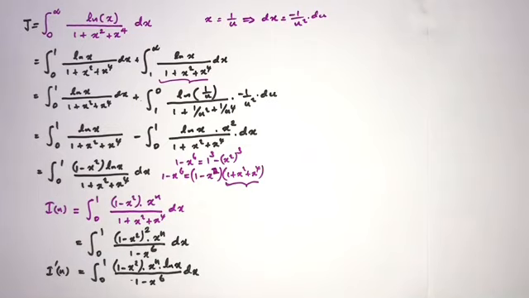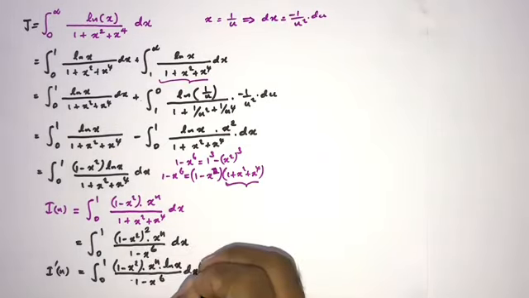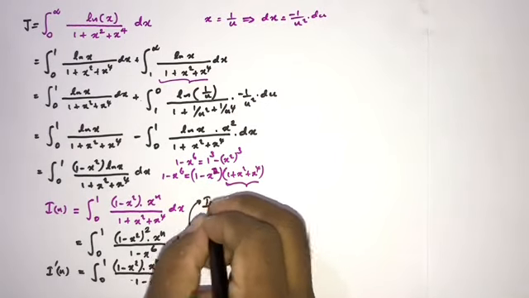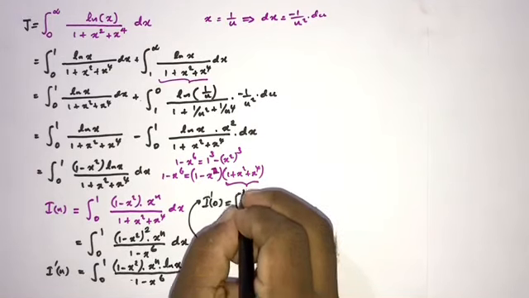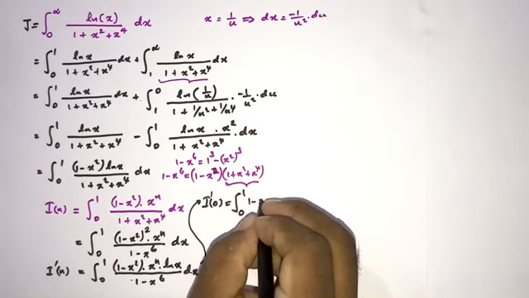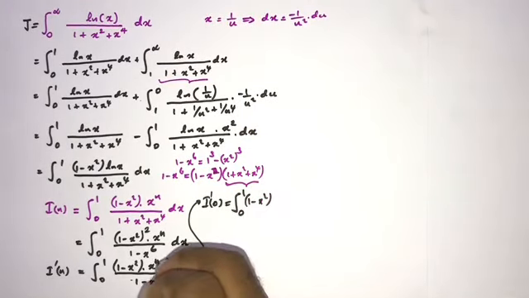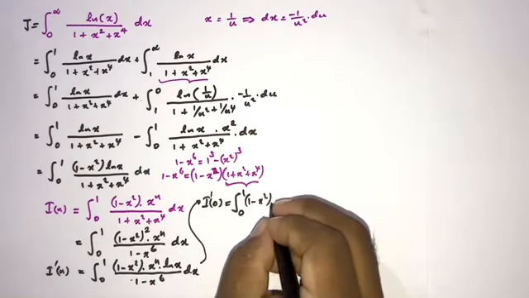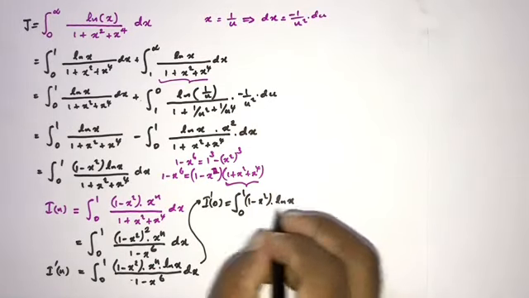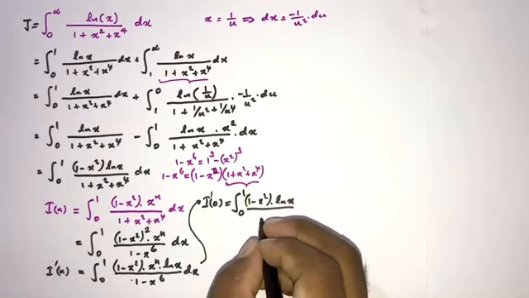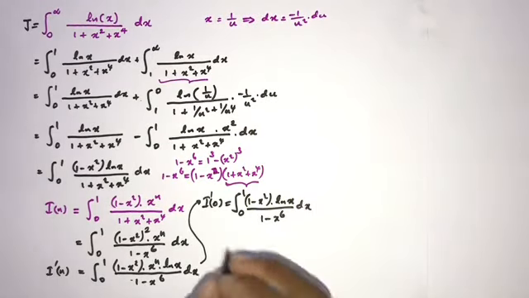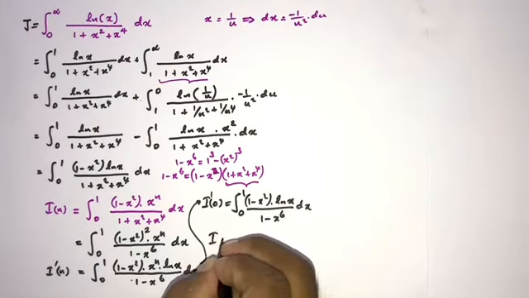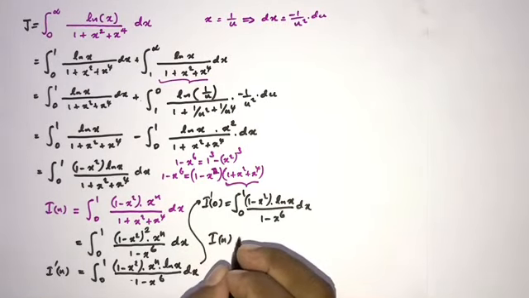Okay, then if we plug in 0, we know I dash of 0 is equal to the integral from 0 to 1 of (1 minus x squared), here x to the 0 power is 1, times natural log of x over 1 minus x to the 6th power dx. So in our main integral,